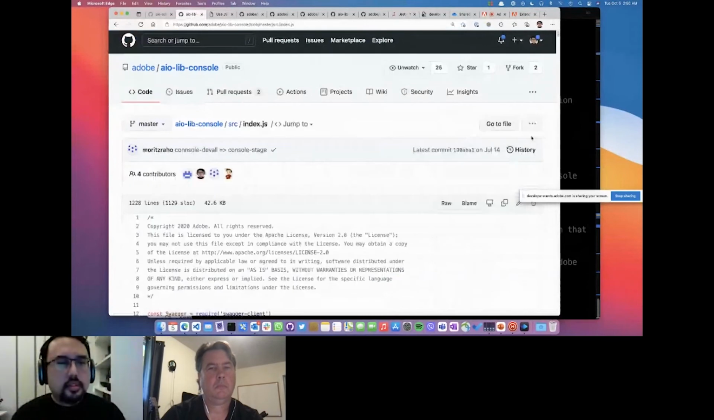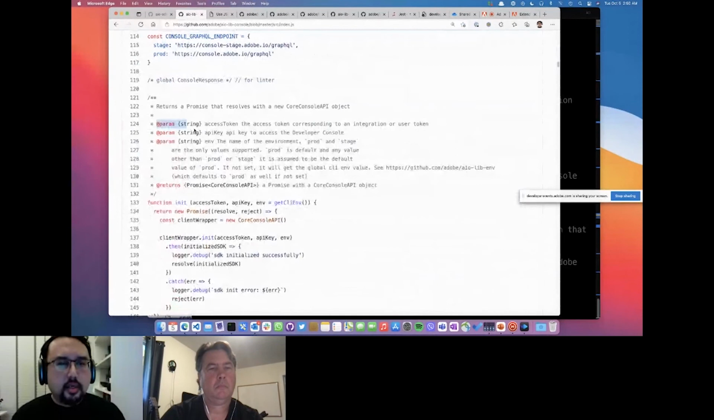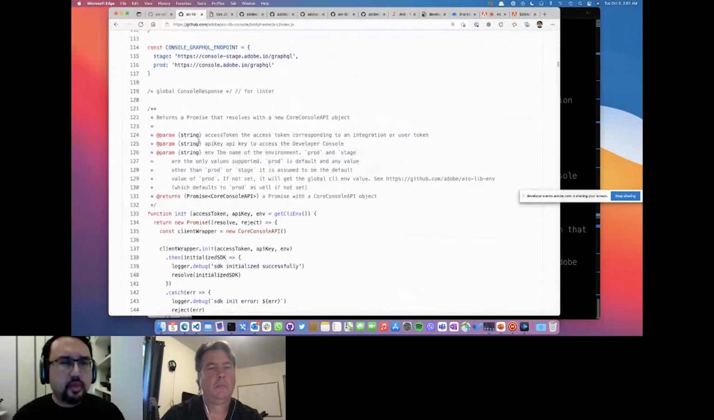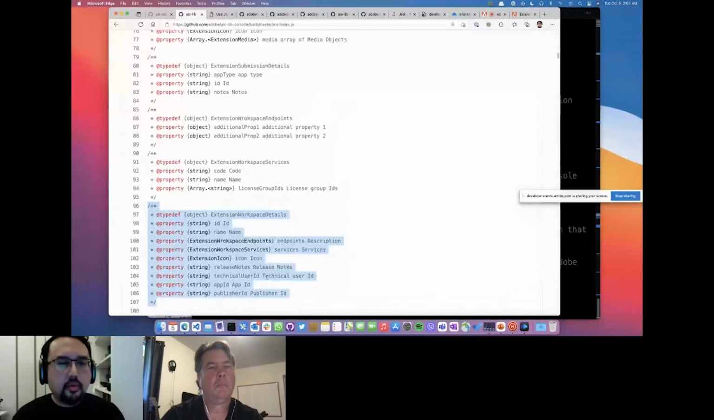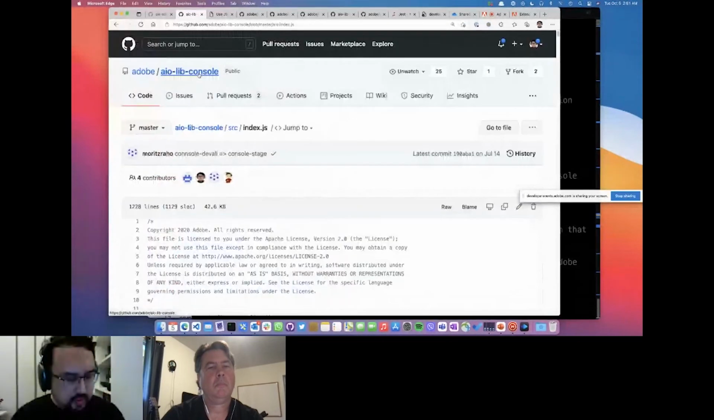So it's almost exactly like Javadoc. You define it here. You can define types. We don't use TypeScript, but we do generate types. For example, this is a type we generate, which will be reflected in the documentation. So we do use extensive JSDoc,